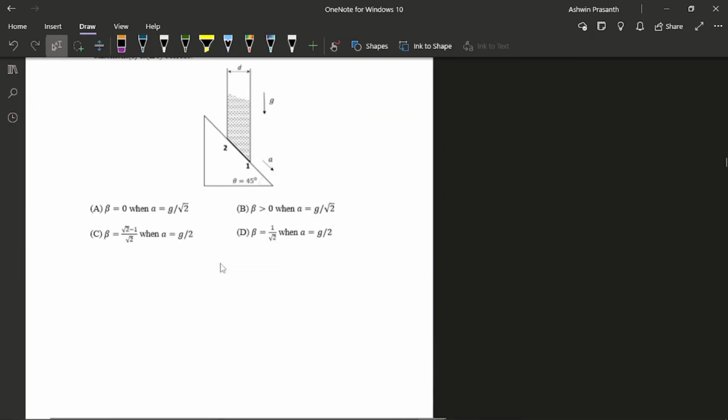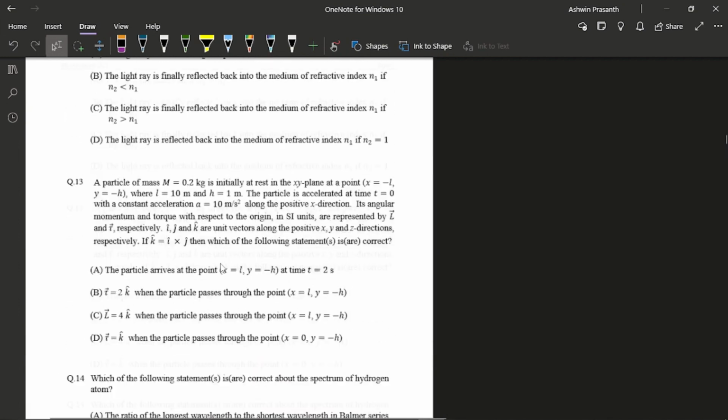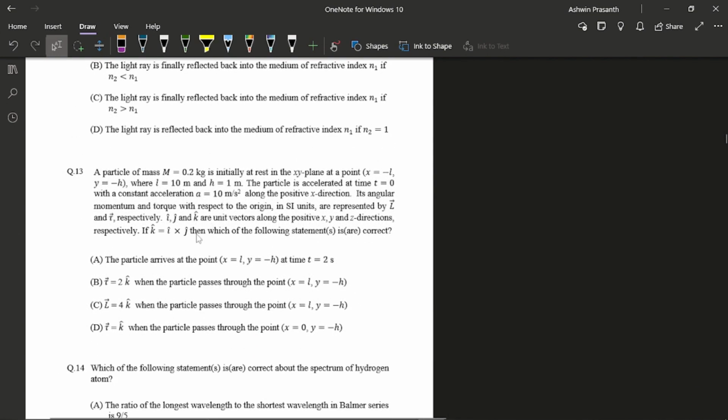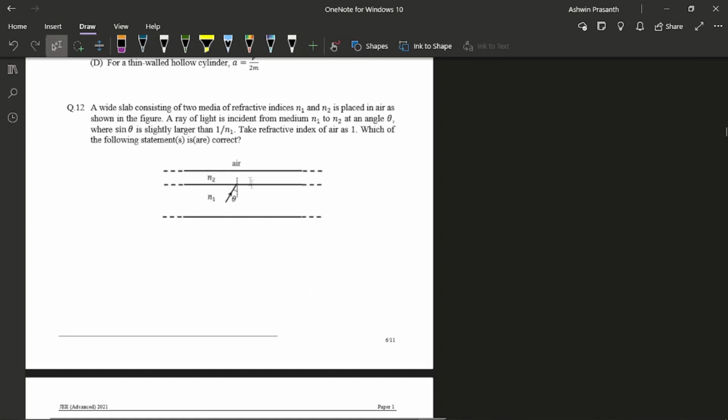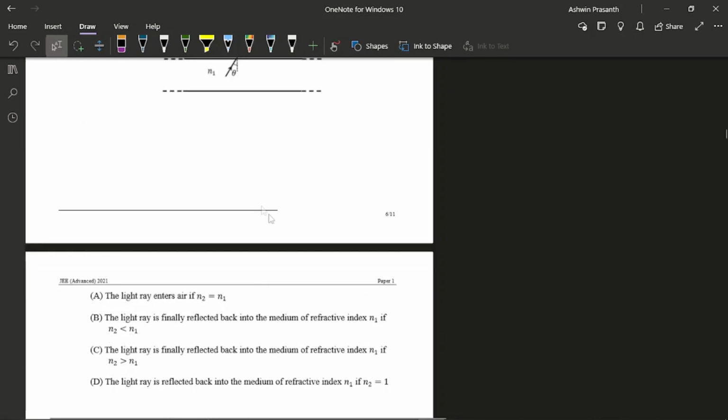And then I moved on to section 3. I think this is the first question there. Lengthy, but then very simple concept. So I solved it, even though it took some time. Got all 4 marks here. And I think this is the next question. Here, normally I made mistakes in optics, especially TIR. So I was very careful here, and luckily because of that I got all 4 marks here.